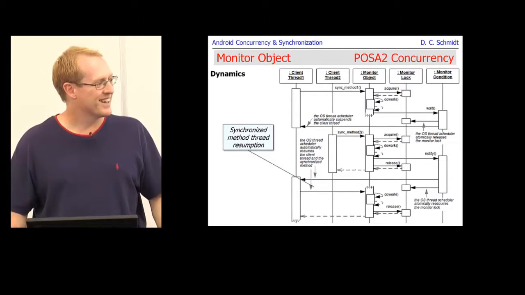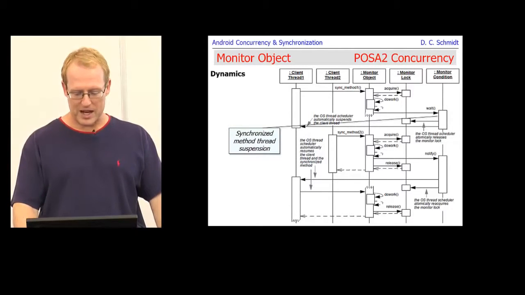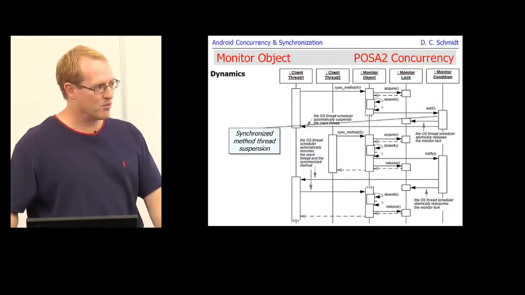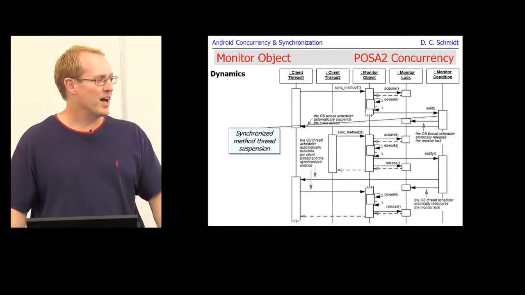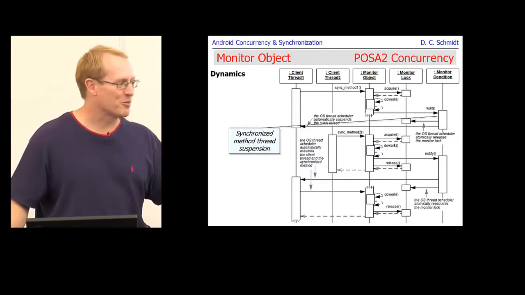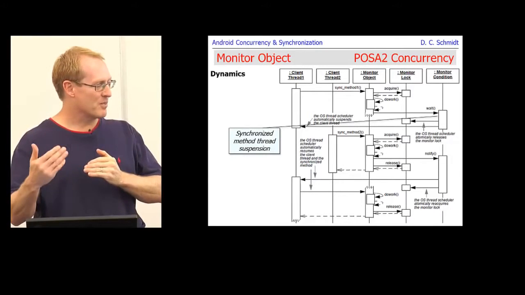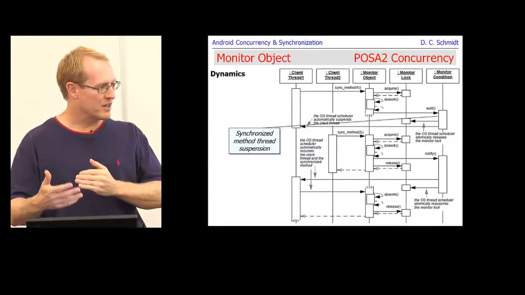Couple questions, yeah? When the first thread stops the first time, does it release that lock? Yes. When the thread first stops, when we have synchronized method thread suspension, that will do two things atomically. It goes to sleep and it releases the lock. If it went to sleep and didn't release the lock, bad things would happen because no one could ever get back in the monitor. And we'll actually talk about that as a problem later with some of the very simple